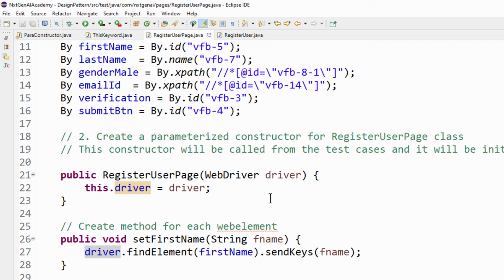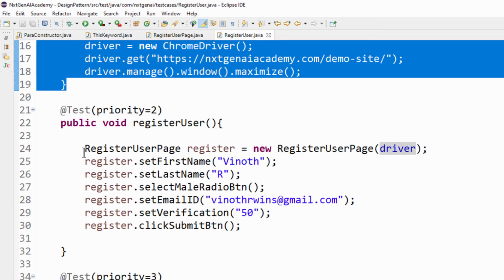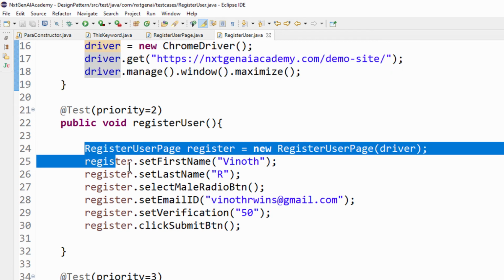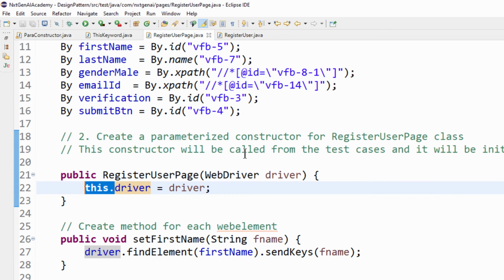So what will happen is, when we execute this program without this keyword, it will launch the application, but it will be an empty web page and it will not proceed to the next method. And the worst part is we will not get an error for that, and it is very tough to identify the root cause of the failure. But the reason behind that mistake is we missed this keyword.